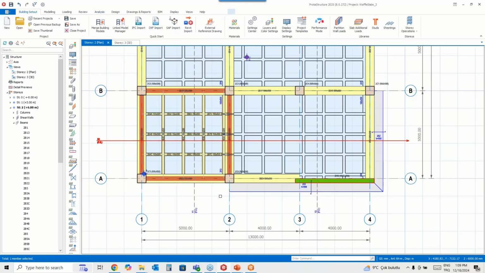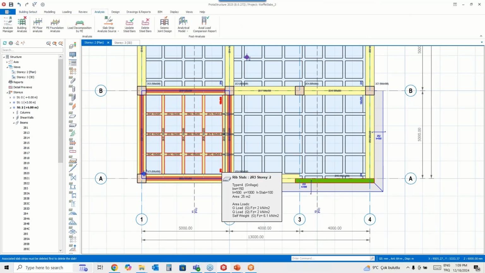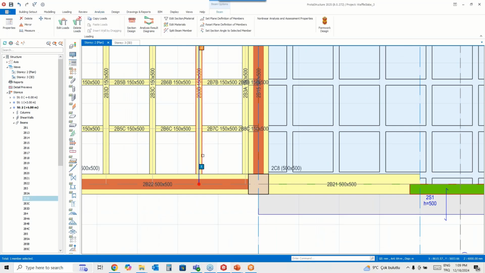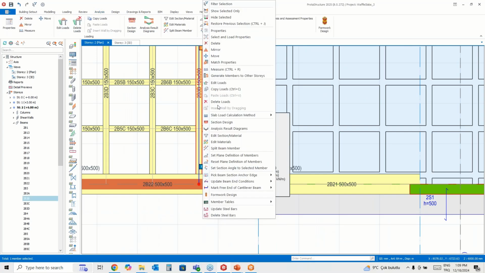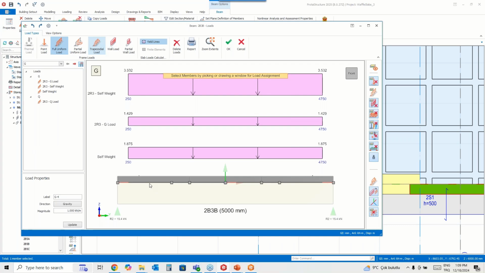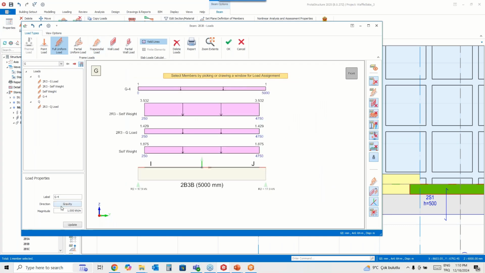Okay, we have a slab strip inserted. If you have a slab strip inserted, the software will not allow you to delete any member. So make sure that you delete the slab strip first to be able to delete some components. Then you can simply select the frame member and insert a uniform load like this.